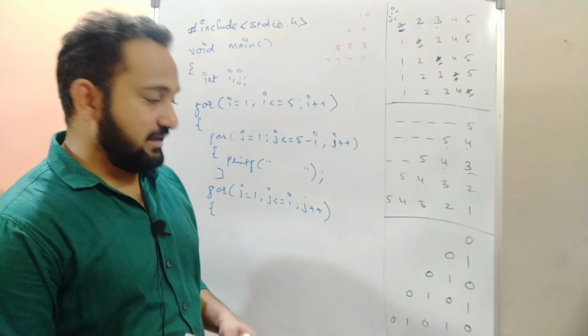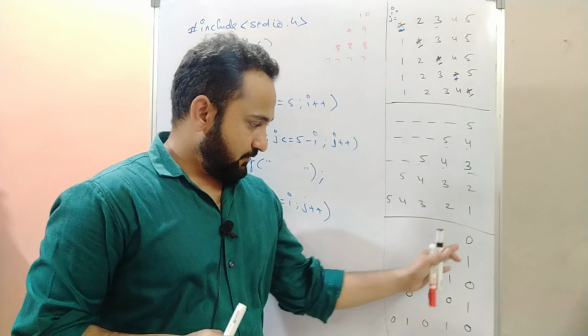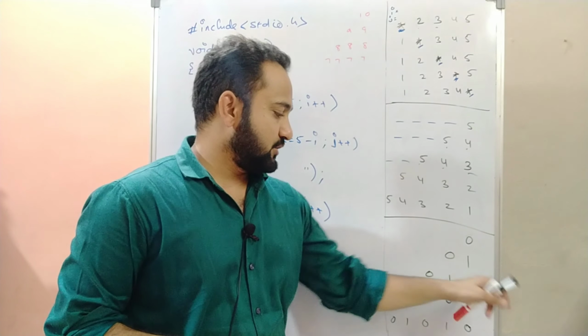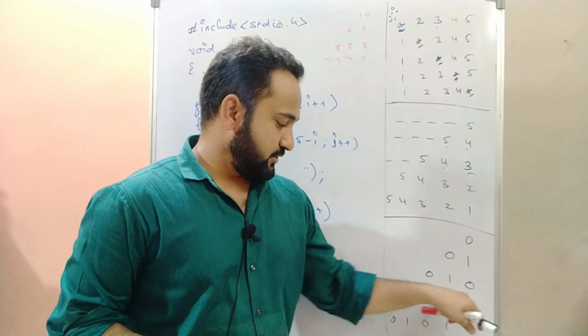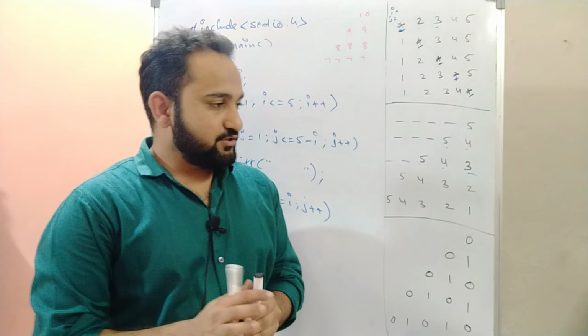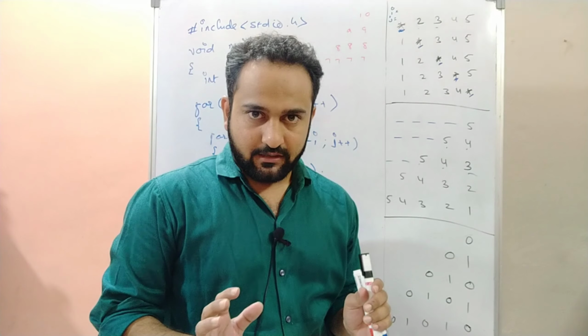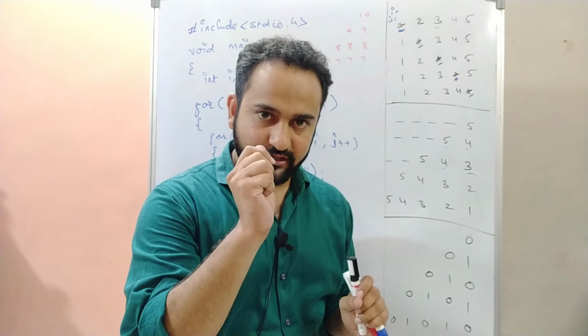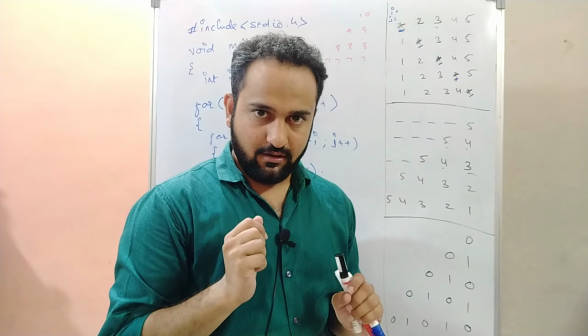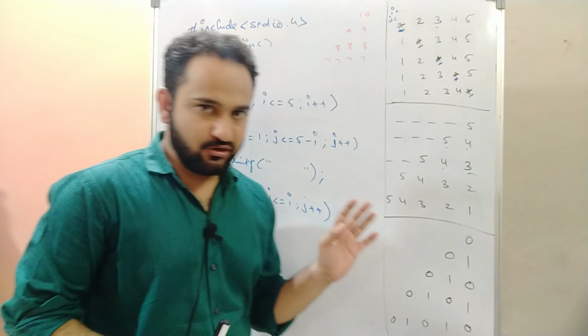Now talk about printing. You have to print 0 on the first row. On the second row you have to print 0 1, then third row 0 1 0, then 0 1 0 1, then 0 1 0 1 0. As soon as you get any new pattern, again I'm repeating, don't be afraid. You just have to decode the relation of printing. You got the alignment, half of the sum you have done.